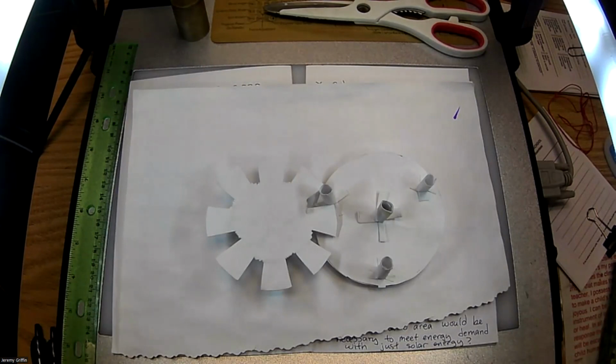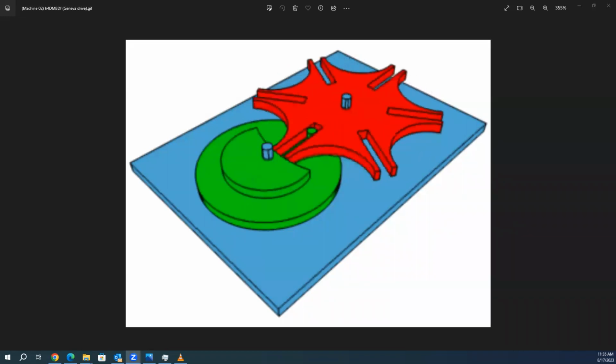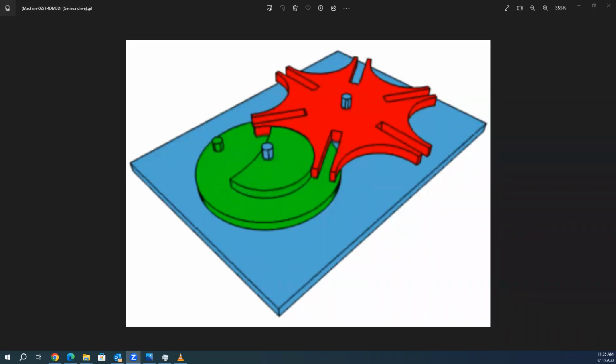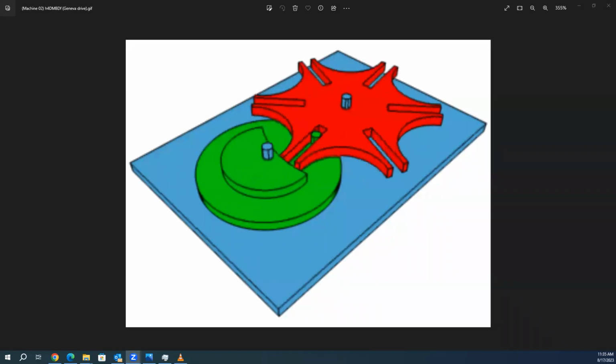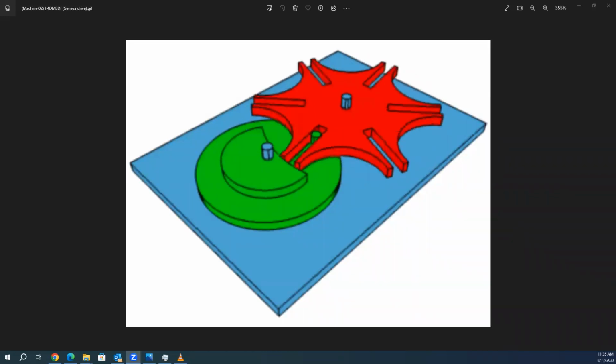So let me flip my screen over, which you get one shot to do until I figure out Zoom a little better. Flip my screen over here. Okay, so there's the animation that you were just looking at. Now, their drive has 6 teeth and 6 gaps, and mine had 8. That's okay. They have 1 peg. I had 3 pegs. Just as long as